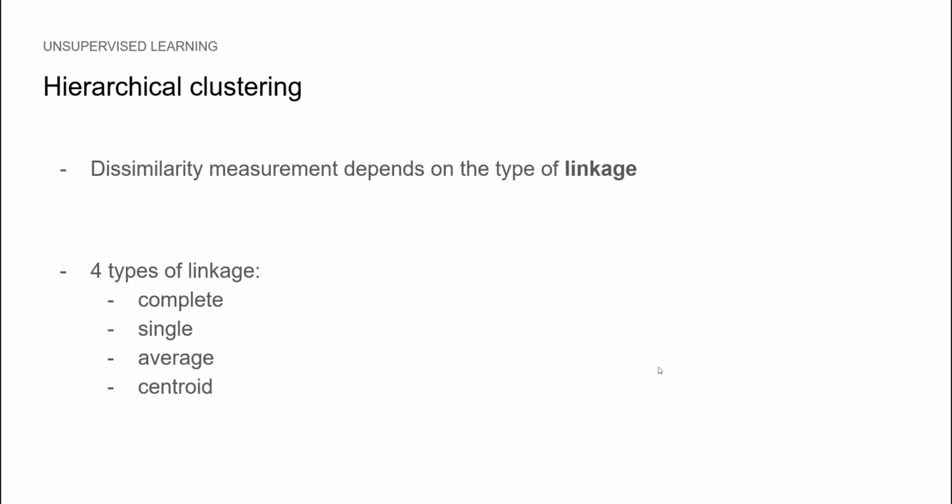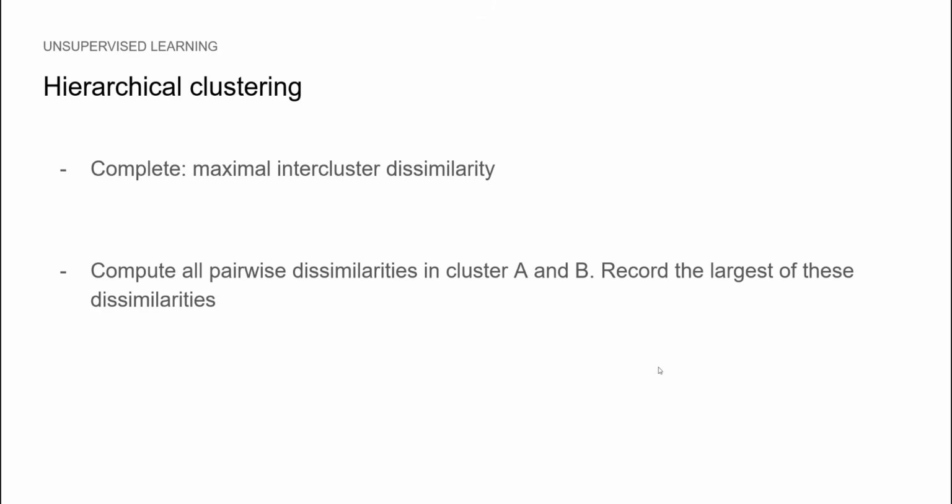Now, although simple, how do we define the dissimilarity measure? Well, that depends on the type of linkage, and there are 4 types: complete, single, average, and centroid. Complete is also called maximal intercluster dissimilarity. So it computes the pairwise dissimilarities in clusters A and B, and it records the largest one.